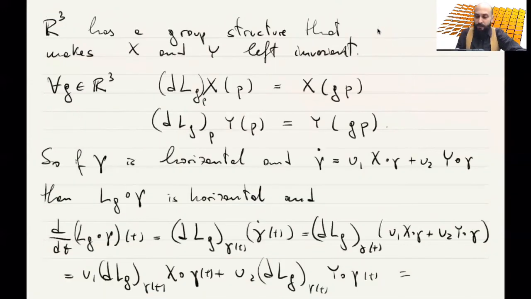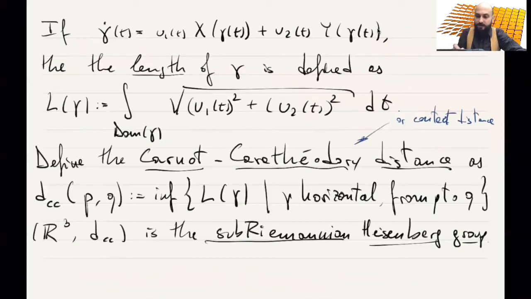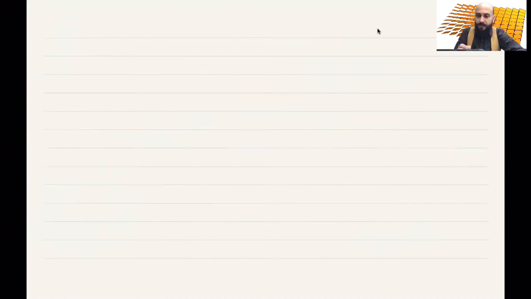But now, if we go back and look at the definition of the sub-Riemannian distance, the Carnot-Carathéodory distance, we see that if you left translate a curve from P to Q by g, then you have a curve from gP to gQ. It's still horizontal and has the same length. And remember, we can apply the same reasoning to the inverse of the left translation, which is the left translation by the inverse. So the conclusion